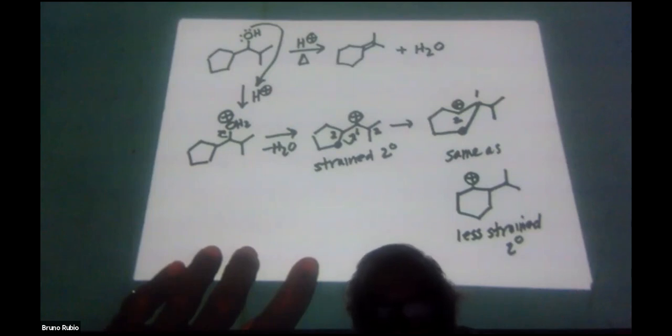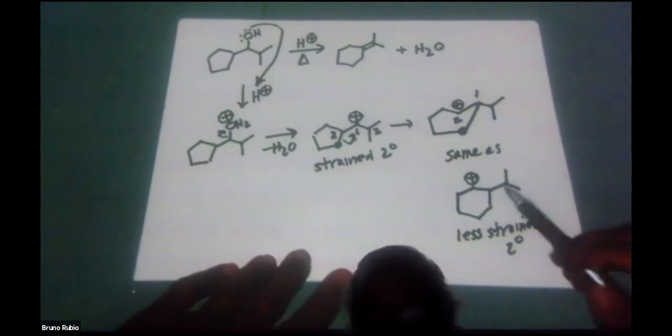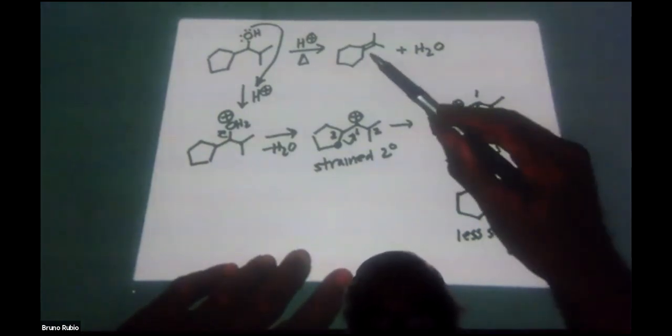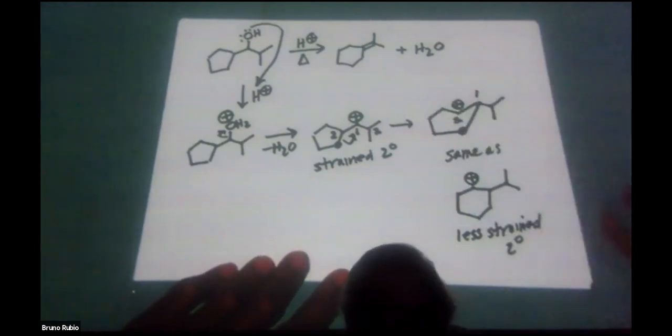The rearrangement provided us with this 6-membered ring, less strain, and we've gone from a secondary ion to a secondary ion. Okay, we're almost done with this mechanism. All we need to do is make this double bond between the 6-membered ring and the fishtail. And we know from our recap